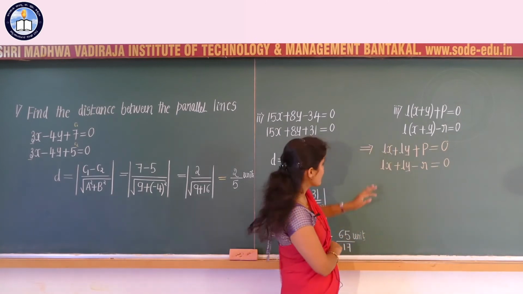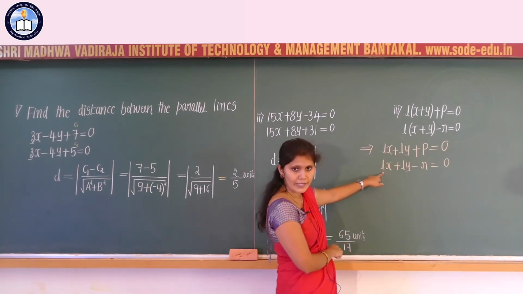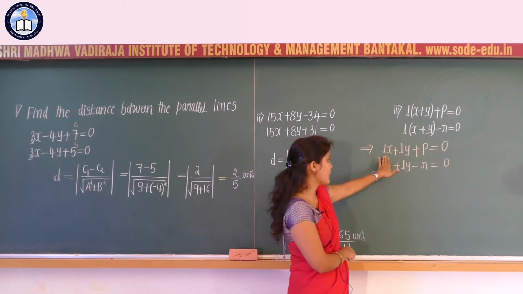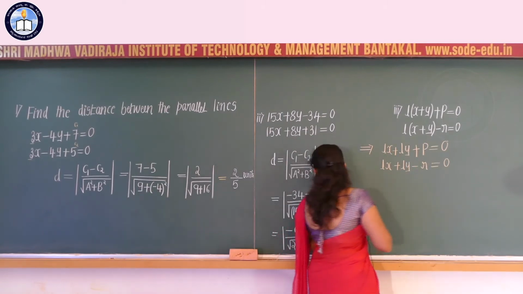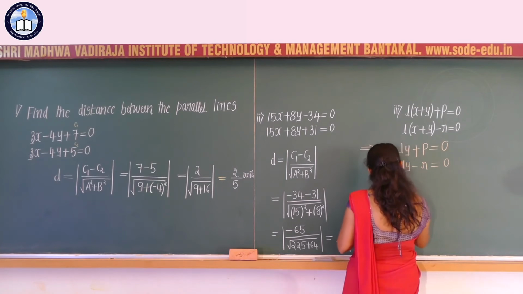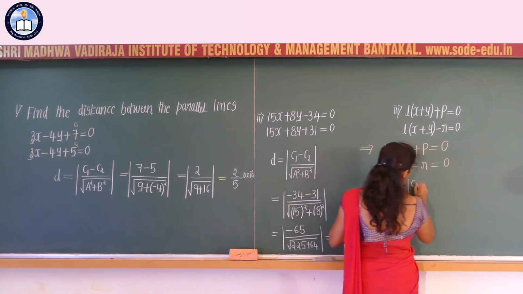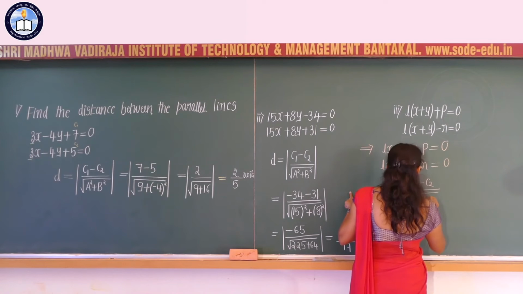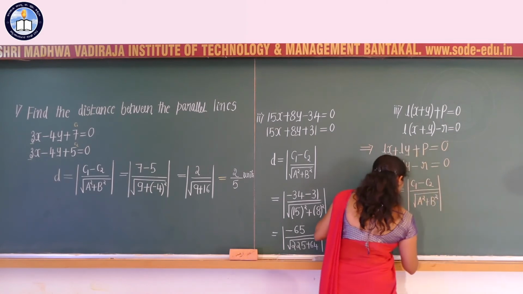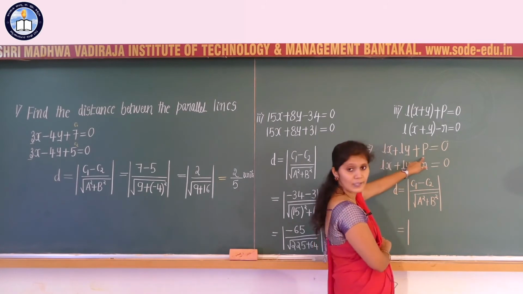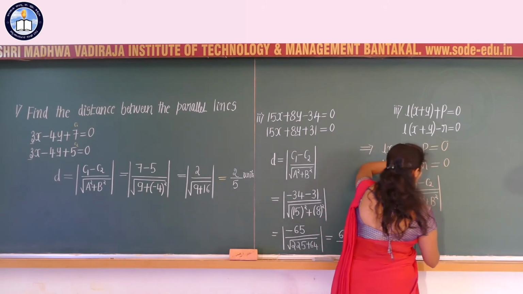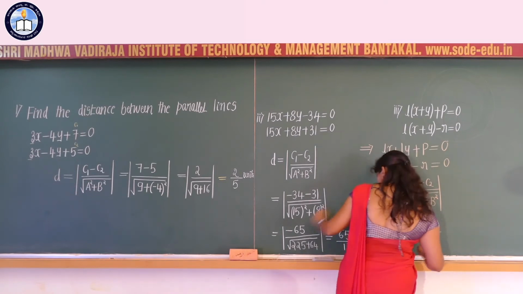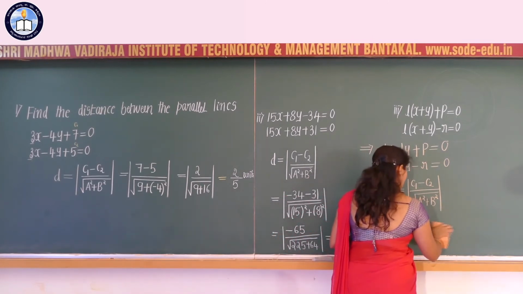With respect to these two equations, the coefficient of x is equal, and the coefficient of y is also equal. Therefore the distance between the two lines can be written as D equals (C1 minus C2) divided by the root of A square plus B square. C1 value is p, and minus of the C2 value is minus of minus r, that is plus r, so the numerator is p plus r,